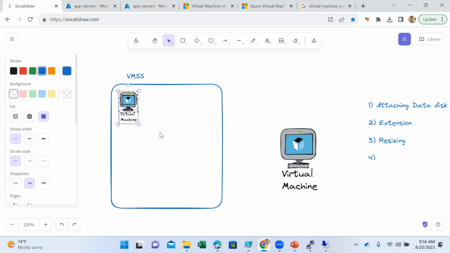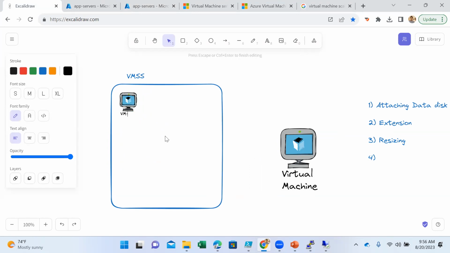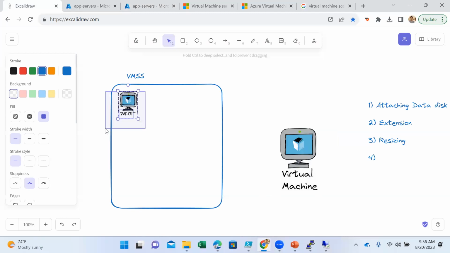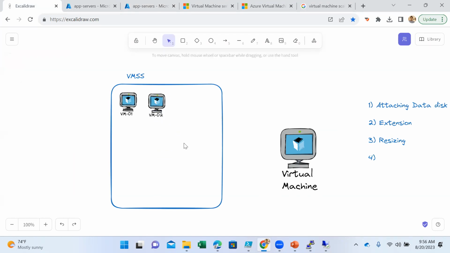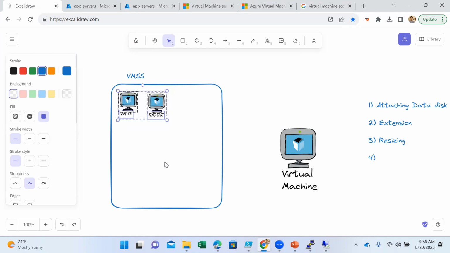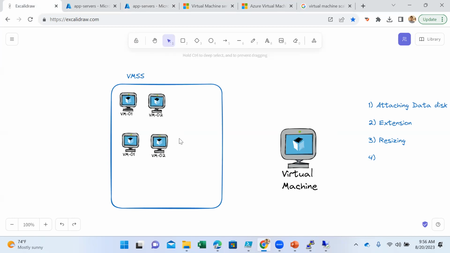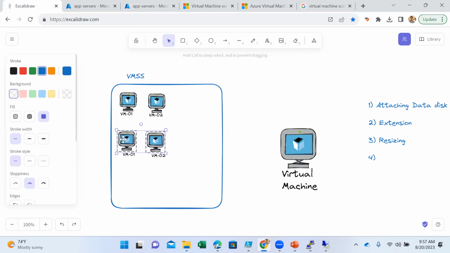This is one VM, VM1. And again, you will have another 2 VMs, and these will be identical. The size and configuration of these VMs will be the same. Now, suppose you deploy one VM scale set with the initial 2 VMs, VM1 and VM2, and deploy some application on it. If two are not sufficient, you add some scale metrics, saying on so and so days, I'm going to add 2 more instances. Now, if this is also not sufficient,